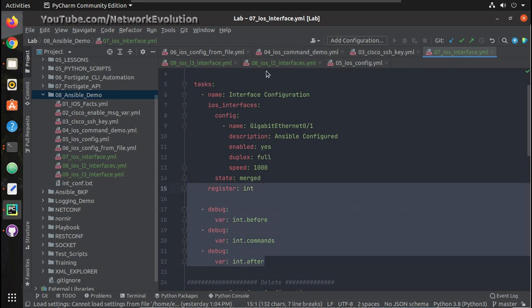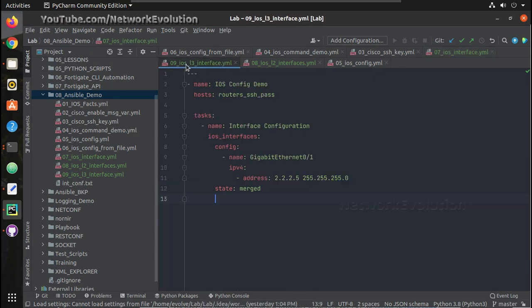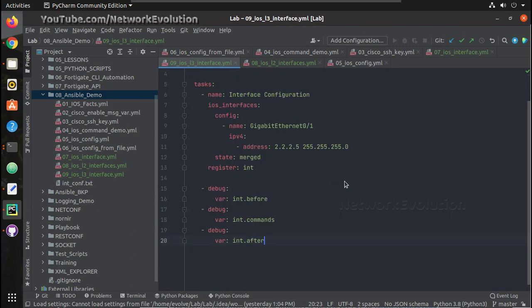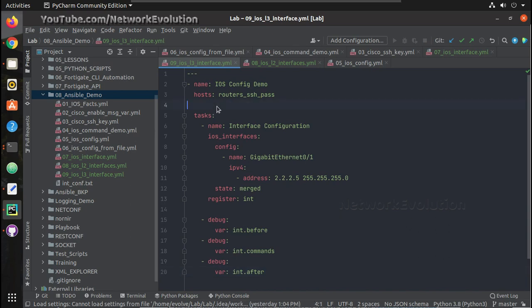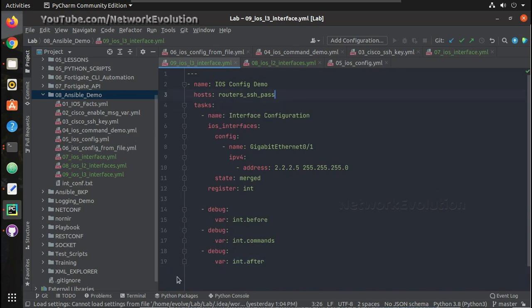I'll copy this, put it here, and let us try running this playbook.